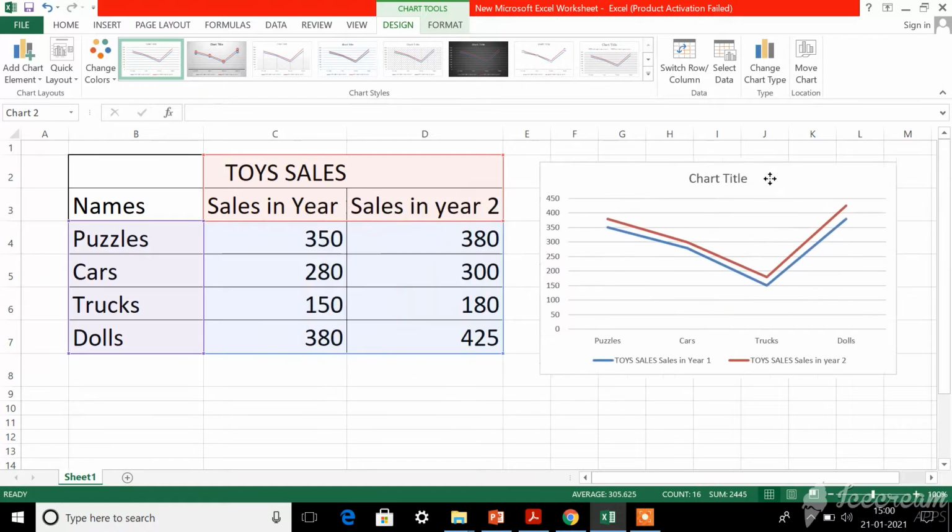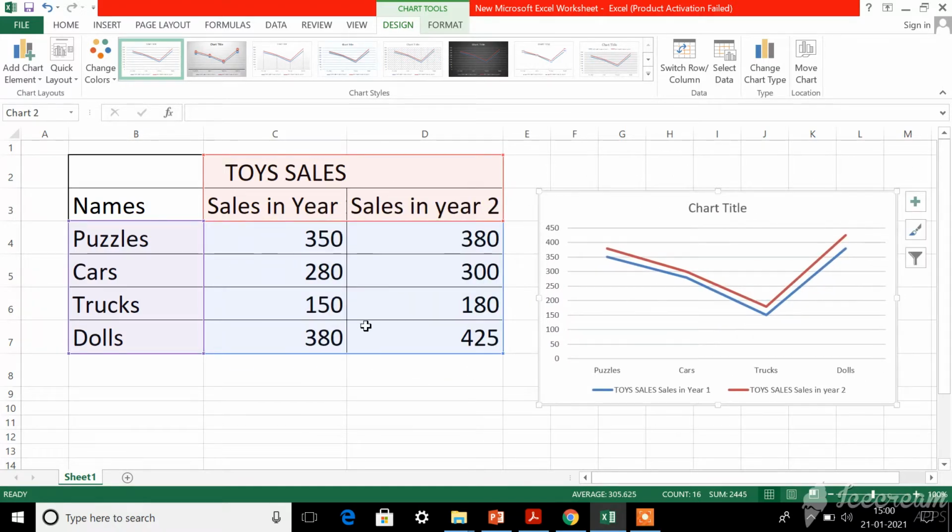Listen here children, this is a line chart. Using this table I have created this. This is the same chart that you can see in your textbook. Can you see it in your textbook? In this chart you can see this is the x-axis, and the numbers on this side are the y-axis. Last week we learned the parts available in a chart, isn't it? X-axis, y-axis, and in a 3D chart you can see one more axis, the z-axis. You have seen walls and floor in a 3D chart as well, isn't it?